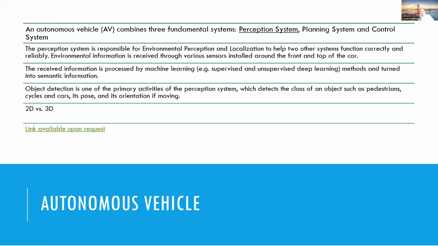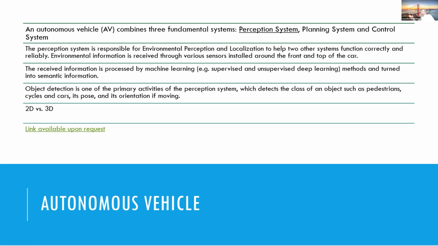Obviously, the theme of today is autonomous vehicle. The autonomous vehicle has 3 systems: perception system, planning system, control system. The perception system is responsible for environmental sensing. You're talking cameras atop the vehicle that would look at the environment in real time, find out the objects in front, behind, on the side, whether it's pedestrians, vehicles, and try to identify them. And then basically real-time feedback for the planning and control systems, right?